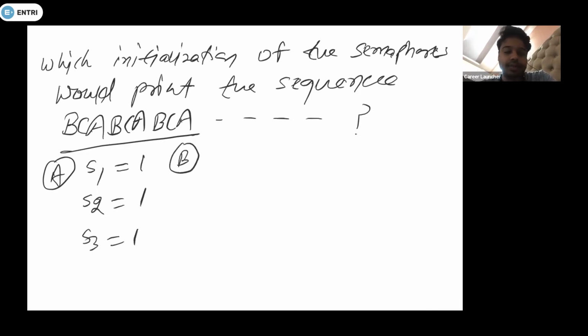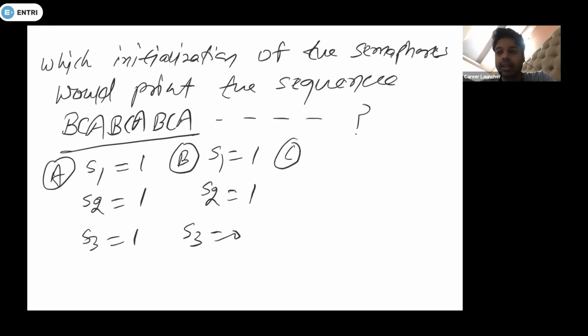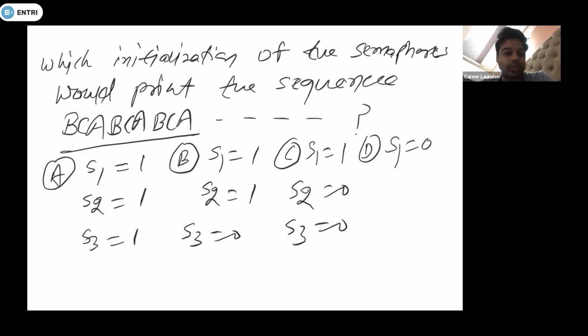B: S1 is 1, S2 is 1, S3 is 0. C: S1 is 1, S2 is 0, S3 is 0. D: S1 is 0, S2 is 1, S3 is 1. Okay. So here